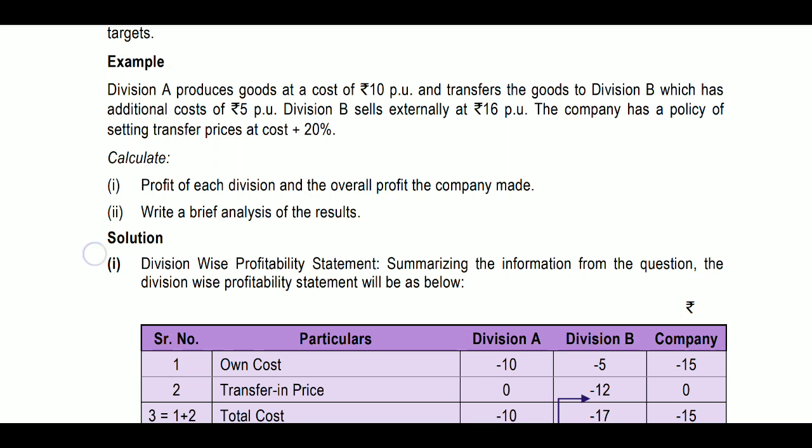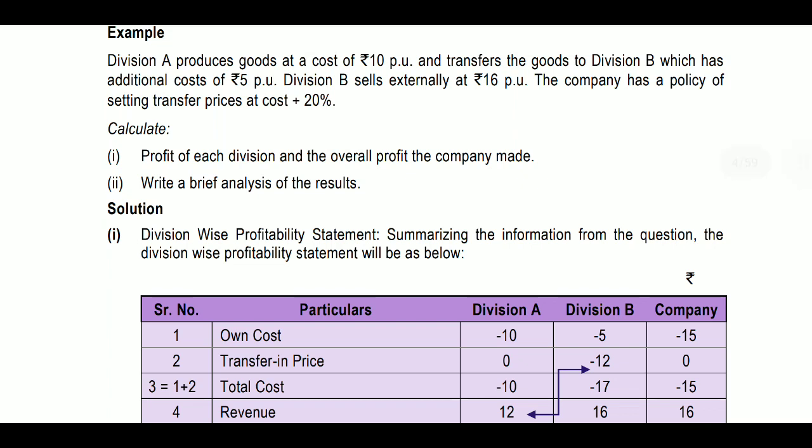So it is selling at 10 plus 20%. It will be selling at 12 rupees. So A is selling at 12 rupees. Its cost was 10 and A's revenue was 12, so 12 minus 10 means 2 rupees profit for